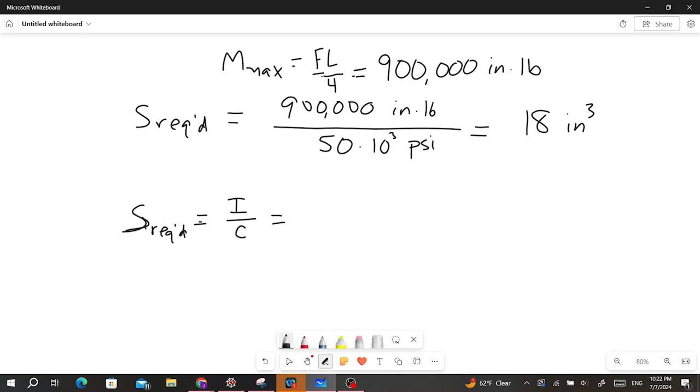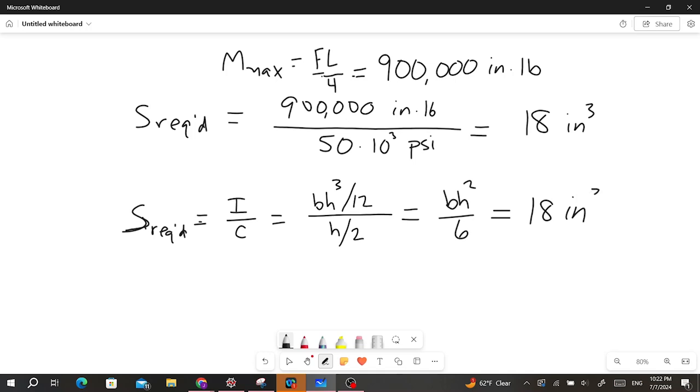We know that I is equal to BH cubed over 12 for a rectangular cross section. We know that C, getting to the max stress, is going to be H over 2 for a rectangular cross section. That's going to simplify to BH squared over 6, and that's equal to 18 inches cubed. Okay,